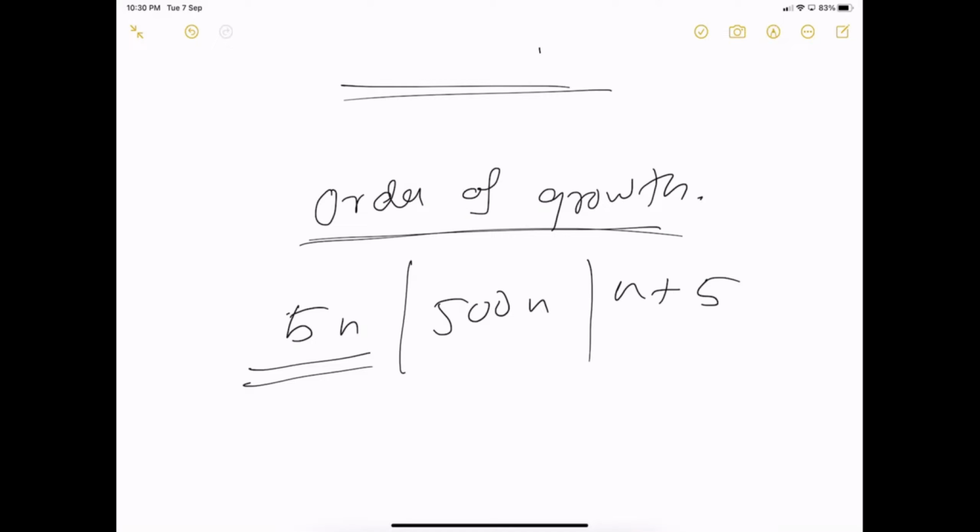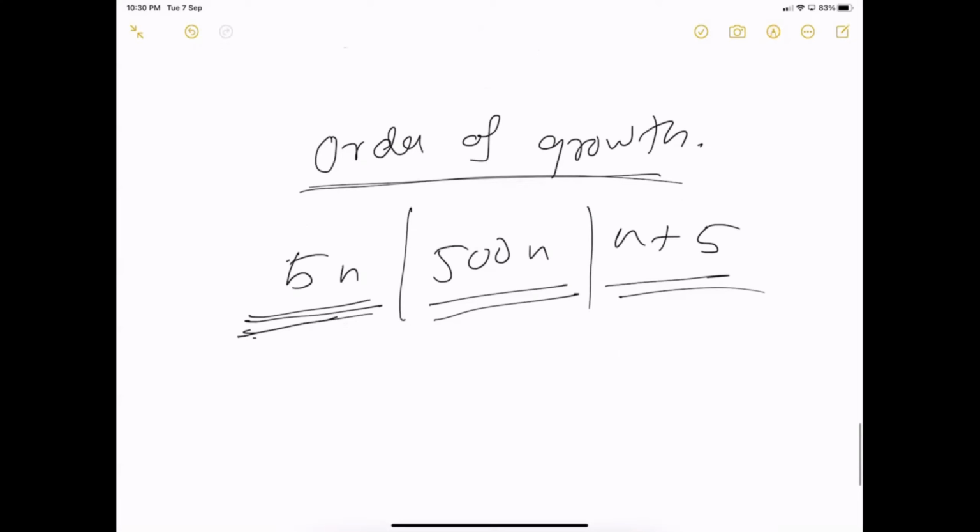Whenever you are considering analysis of algorithms, you consider input size. Here, 5 into n, a statement which multiplies n by 5, or 500n, or n plus 5, are effectively the same from the perspective of order of growth.